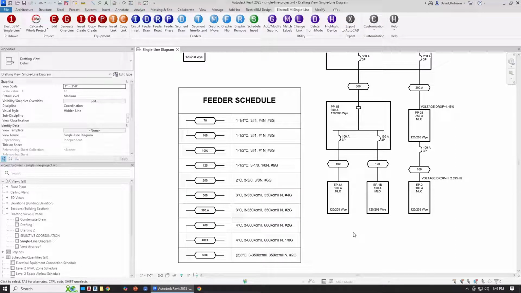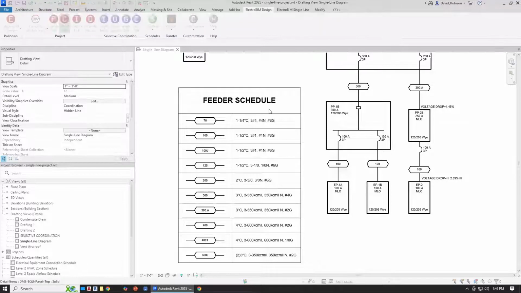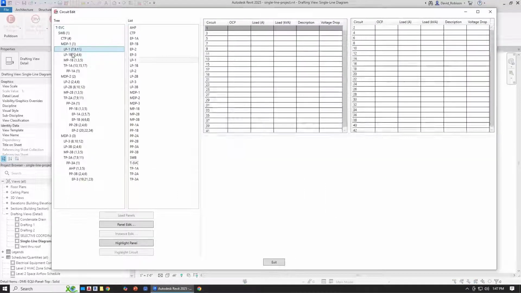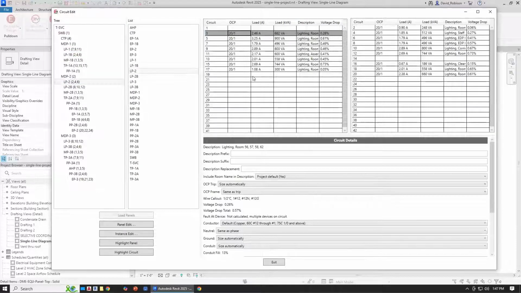So we're documenting that on the single line diagram for you. This does have interesting implications for branch circuits. If we run our circuit edit command and go take a look at a branch circuit, for your small branch circuits, they're generally number 12 wires and a number 12 ground. You don't usually upsize them all that much, but the way it's written is that if you upsize this to